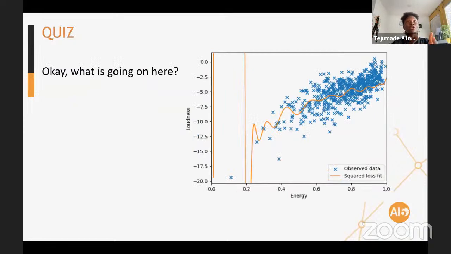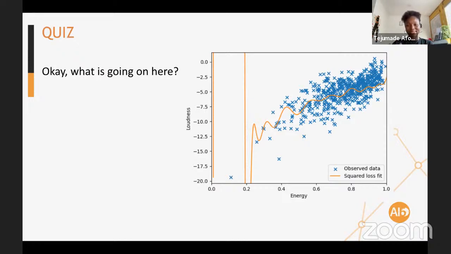Anyway, what is going on here, guys? It's a quiz. It's a time of reflection. What have we done wrong? We found out that we could increase this thing and then we have a square and it looks nice and we kept going. Now we have this shape that we cannot explain, like a 100-degree polynomial. What is going on?